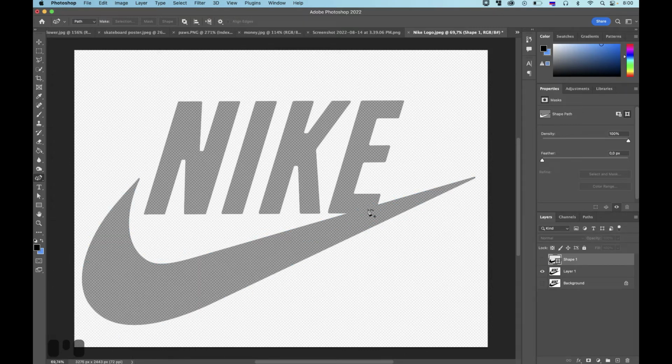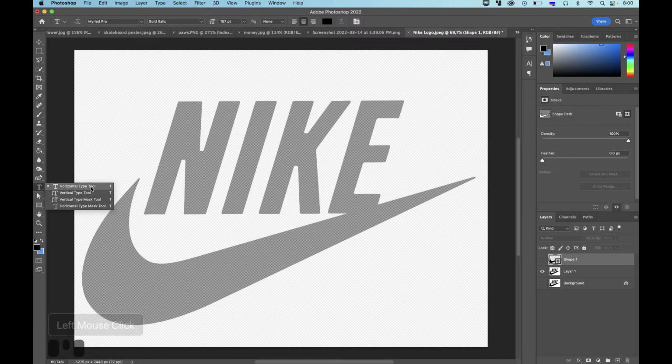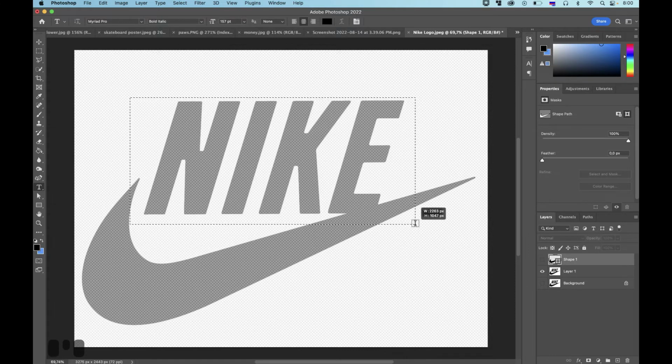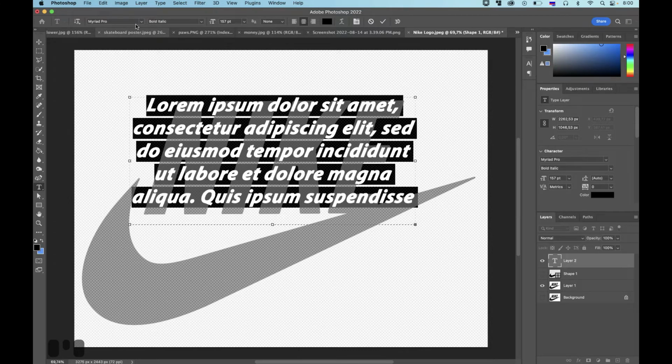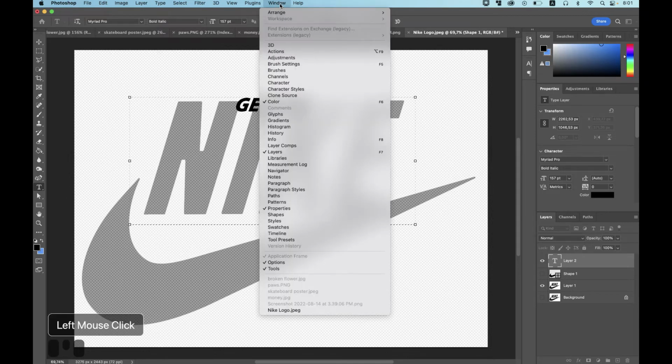And now we need a text. Let's just select the type tool right over here, horizontal type tool, and let's just create a rectangle. And now just type in your brand. To change the type settings, you just need the type panel right over here, Window, and Character.